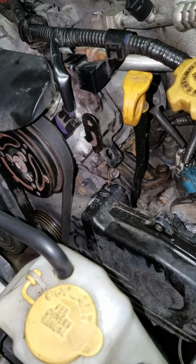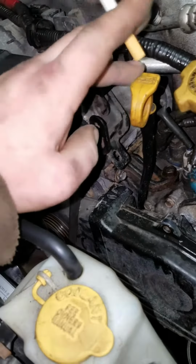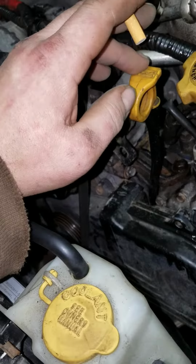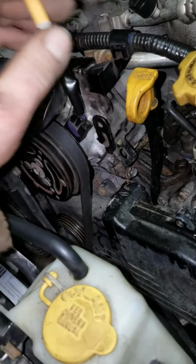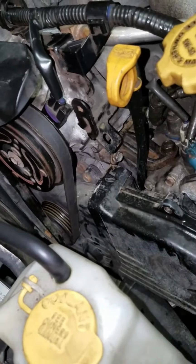First thing you're going to want to do is loosen up your oil dipstick tube, just so when it's time to put it back all together in your new oil pan, you have some movement to get the oil dipstick tube back in your new oil pan. That entailed taking the